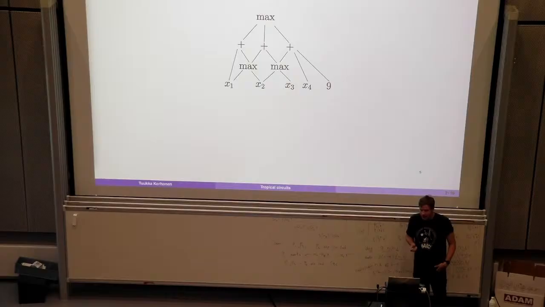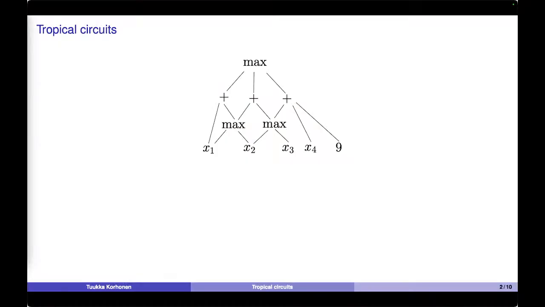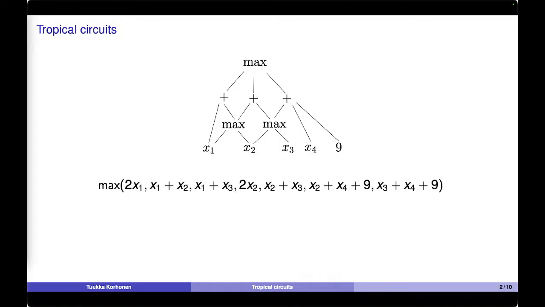Okay, so let's start with what are tropical circuits. They are circuits where the operations are plus and max. So here we have inputs at the bottom and output on the top, and you can see what they compute. They compute these tropical polynomials. So here the summation over all monomials turns into max over monomials, and the monomials turn out to be these